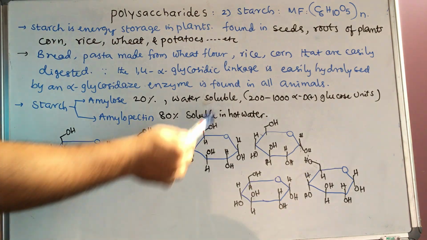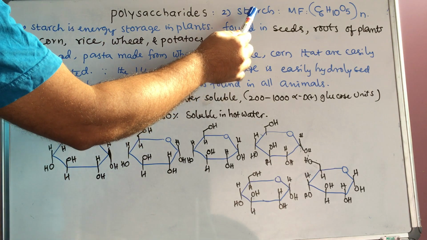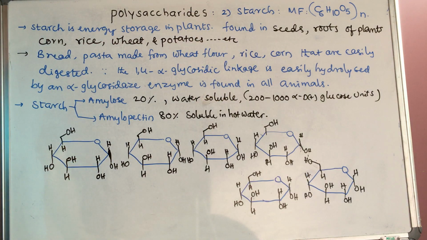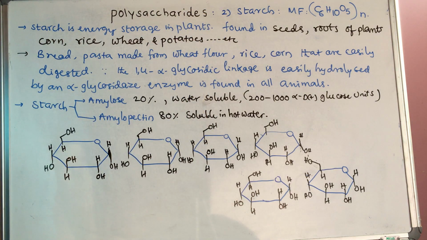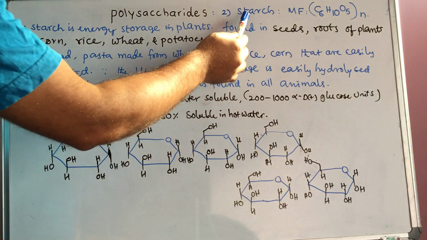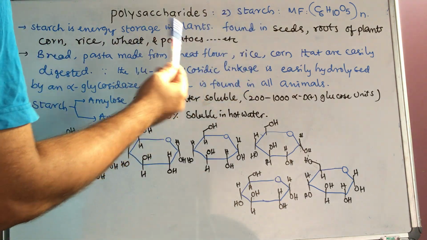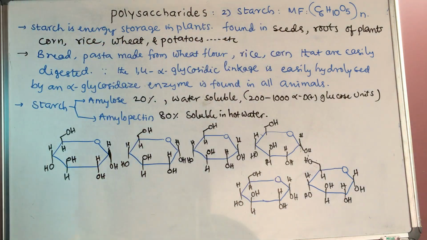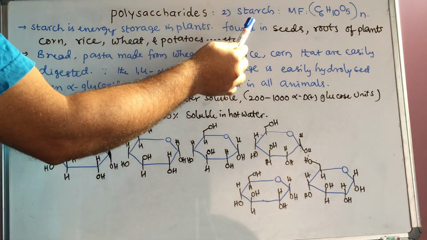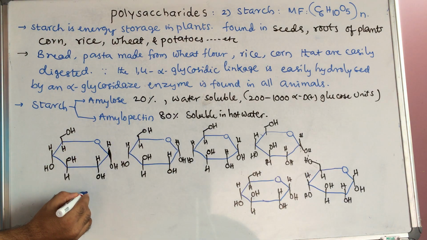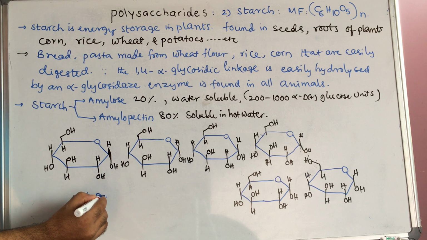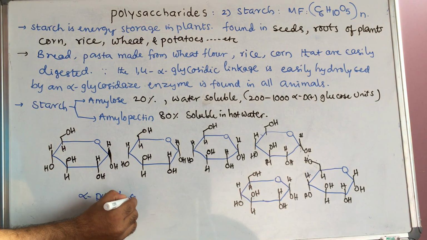Starch on acidic hydrolysis or with the diastase enzyme gives maltose. Maltose is next converted into alpha D glucose units. We already discussed this in maltose, that's why I am not discussing it much. So based on that reaction, this starch is a combination of a number of alpha D glucose units. So all of what I have written here are alpha D plus glucose units.